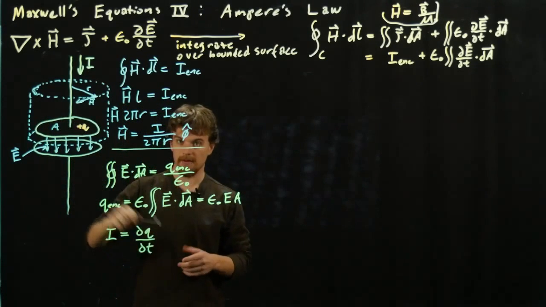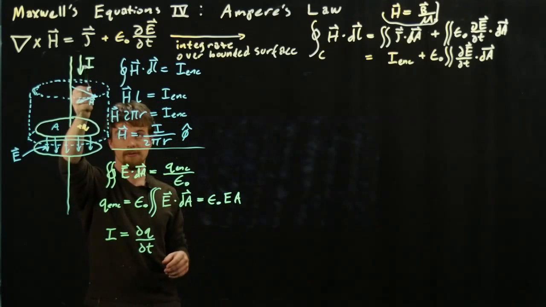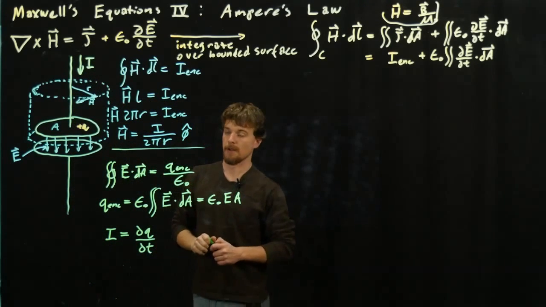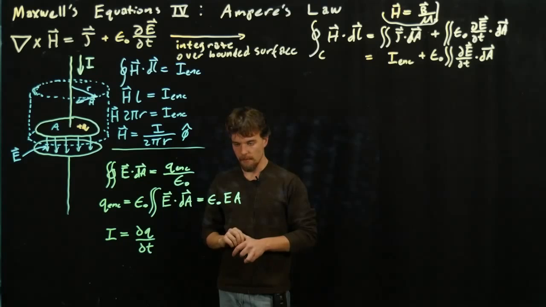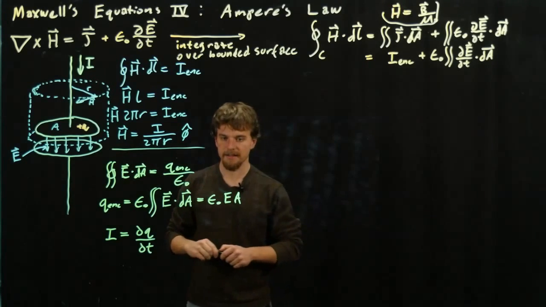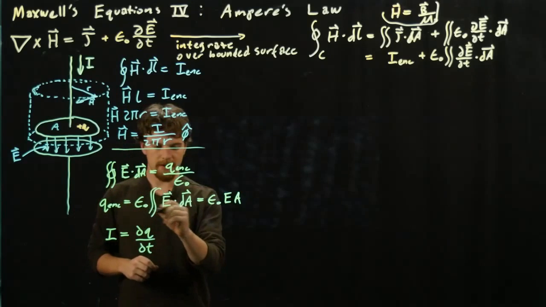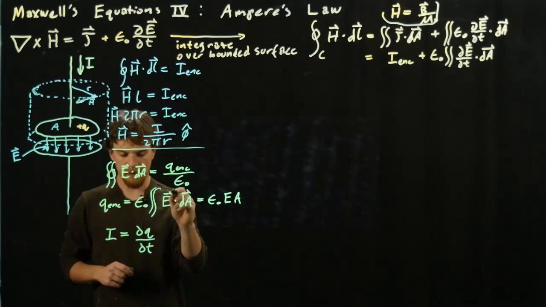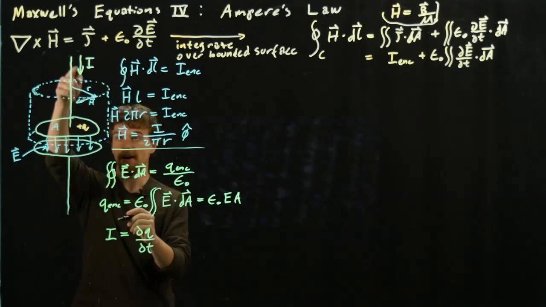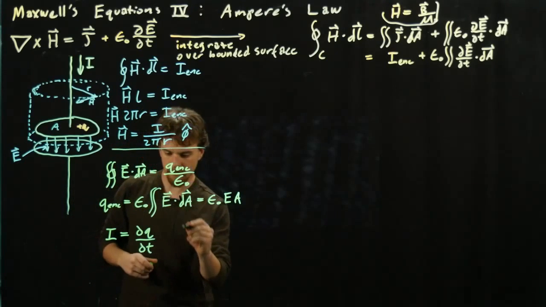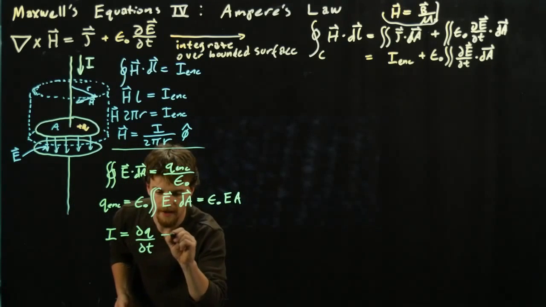The time derivative of the charge on this plate is going to equal the current flowing in this wire. So we can say that if this term is equal to Q, then the current in the wire is equal to the time derivative of this term. And we will get that that is